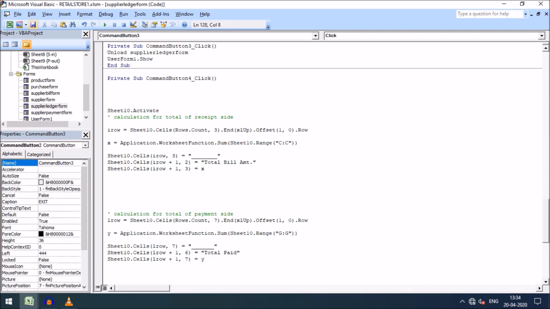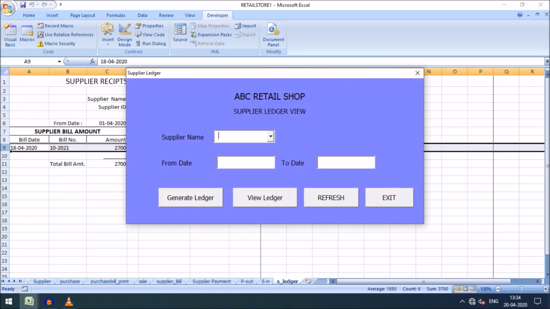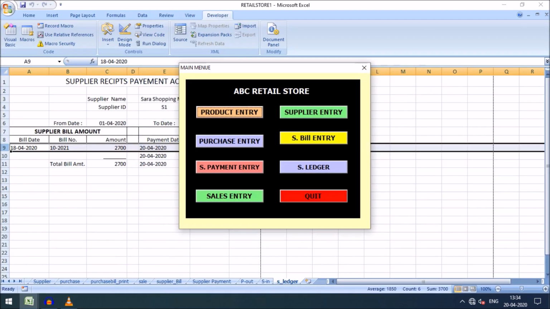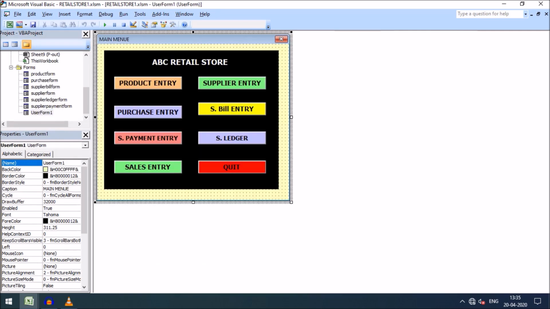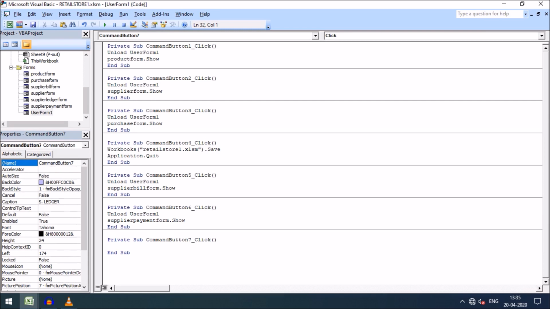If I click on the exit button here, just exit, here you can see the supplier ledger form will be activated. Our menu will be activated. And if I click on supplier ledger form, no, it is not showing. I just want to call the user form here. So unload UserForm1 and supplier ledger form.